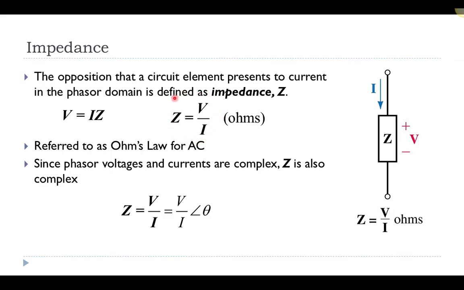all of these are now written in phasor notation, and impedance is not just a number, like number of ohms, but it's also going to tell us, for a particular component, how the voltage and the current relate to one another in terms of does the current lead, does the voltage lead, and by how much. So if we write this in phasor notation, our impedance can be written as a complex number. The voltage would have some magnitude or amplitude associated with it. The current would have some amplitude, and there would be some phase angle between the voltage and the current. And so impedance is just the amplitude of the voltage over the amplitude of the current